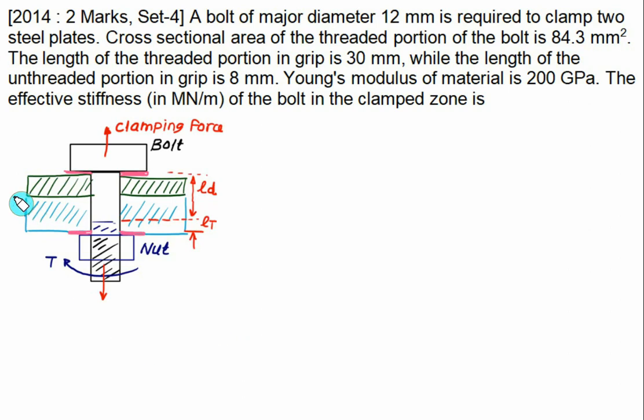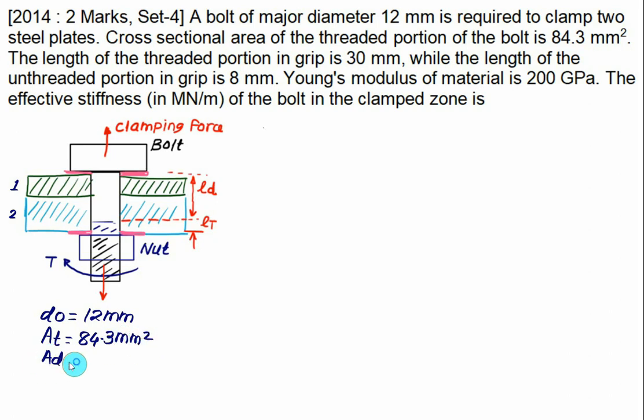So we represent here the two plates, plate 1 and plate 2. To make the arrangement, we have passed the bolt of diameter d0 equal to 12 mm. In this case, the nominal diameter d0 is equal to 12 mm. The cross-sectional area of the threaded portion is At. So At represents the cross-section area of the threaded portion, given as 84.3 mm², and Ad